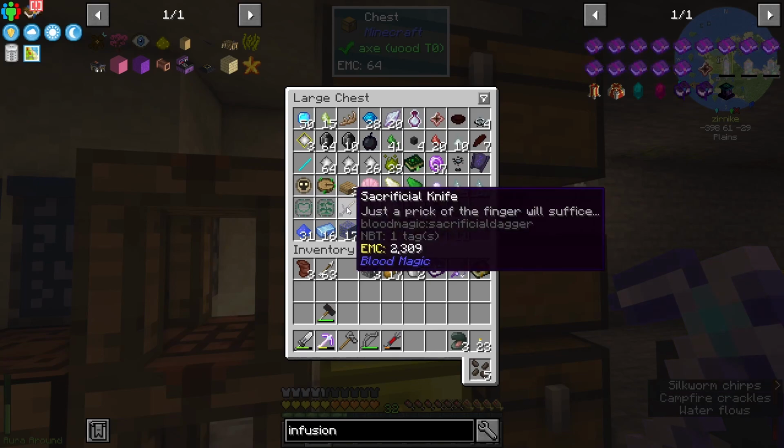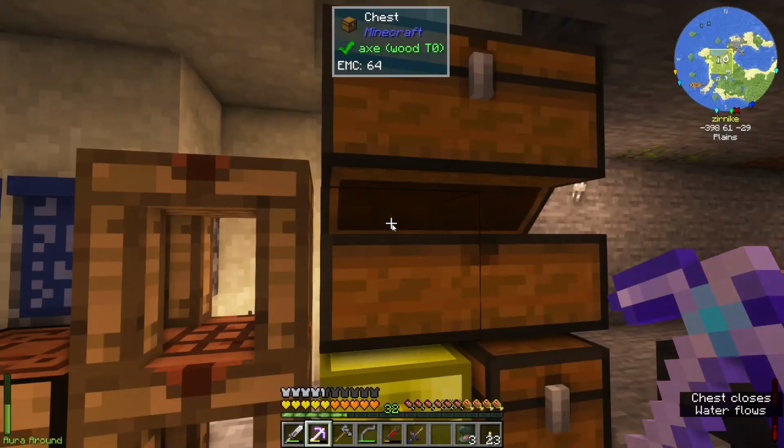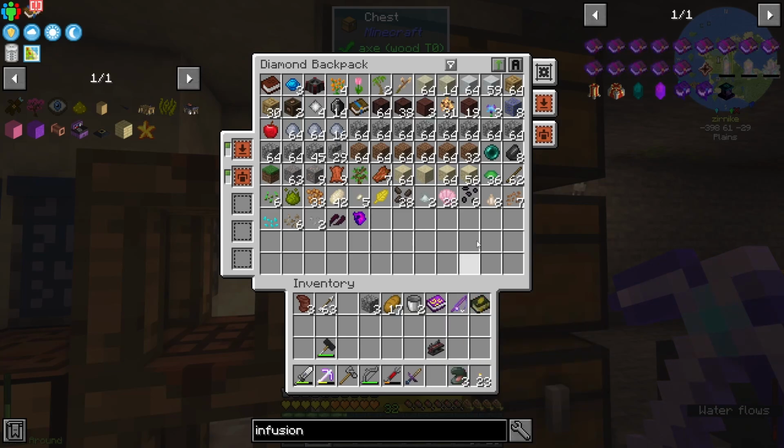If you've never done blood magic, it is blood magic. So you need blood to power your stuff. And the way you get that, at least initially, is by stabbing yourself in the finger and filling it up with blood. Now, the thing about other packs that you can do, which is actually very nice, is Industrial Foregoing has a...